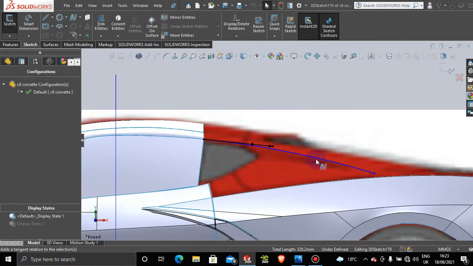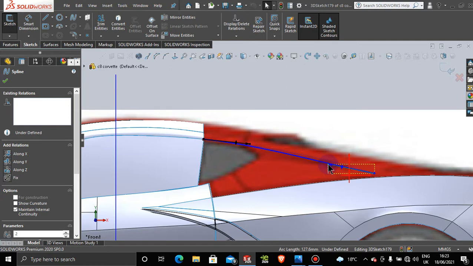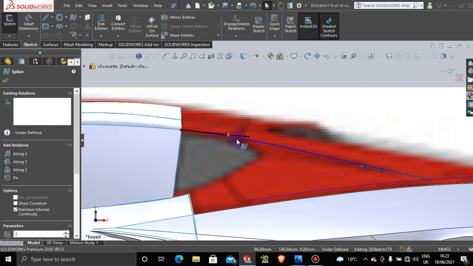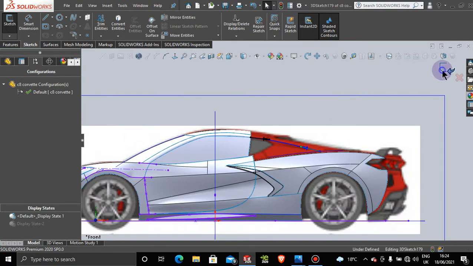And then let's just come into this line here and pull this down a little bit, so we're kind of following the line, and then we are pretty straight on this area here, and we will still have some room to create that surface area there. So we have enough room to come in with that little bit of surface underneath that area. We're gonna be able to create this surface here. All right, so that looks good. And then exit the sketch,